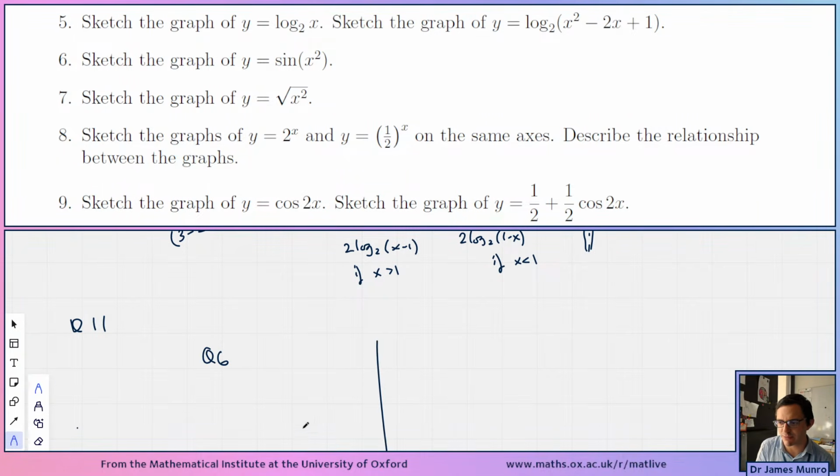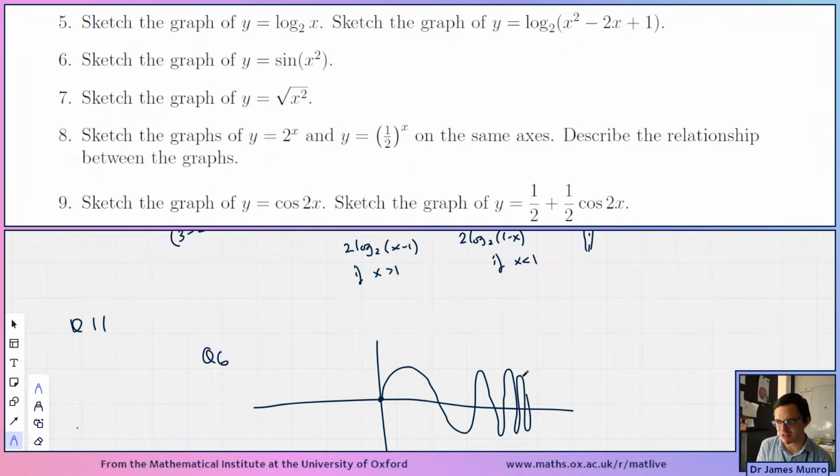It's not a standard transformation or anything, it's just an interesting graph. It works like this. When x is 0, you get sine of 0. As x increases, you're putting increasing values into your sine function, so you're going to see some sine stuff. But as you go through, x squared gets larger faster and faster, which means that your graph is going to go between -1 and 1 faster and faster